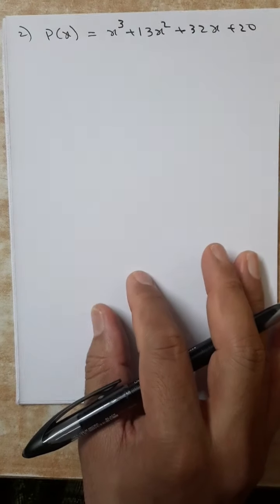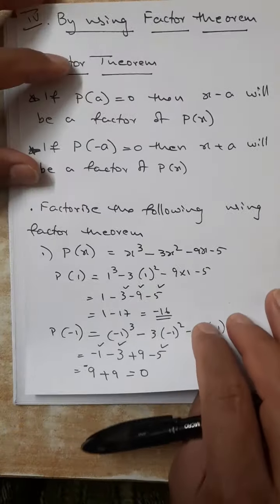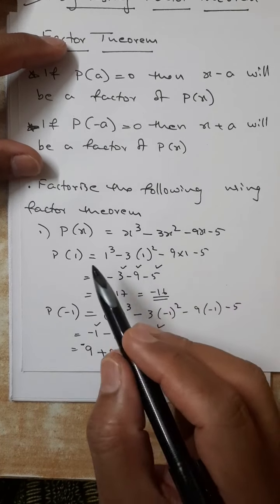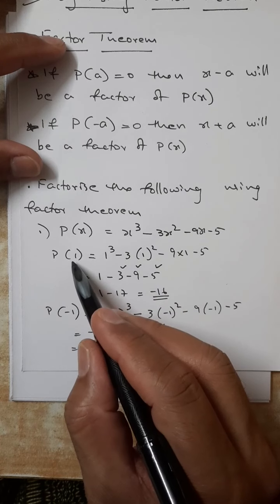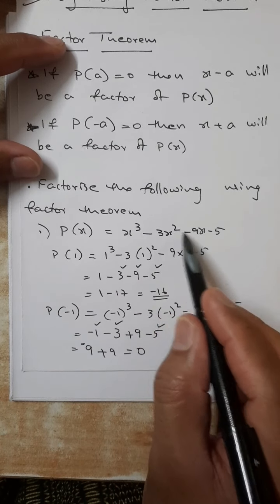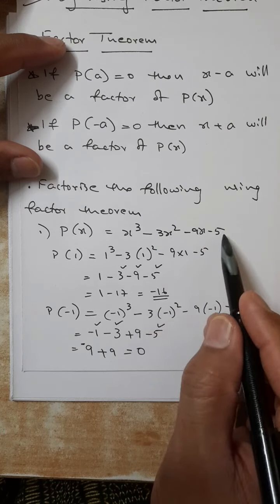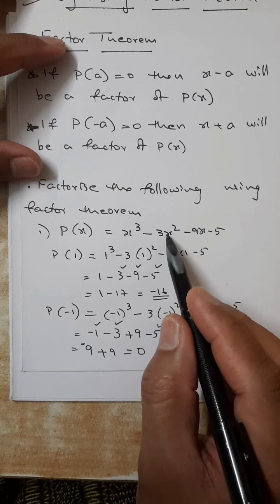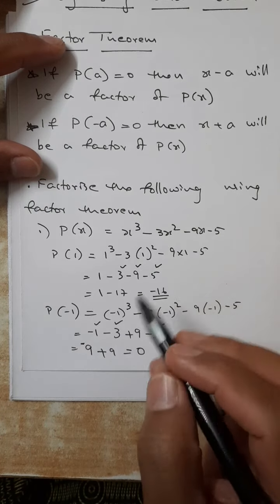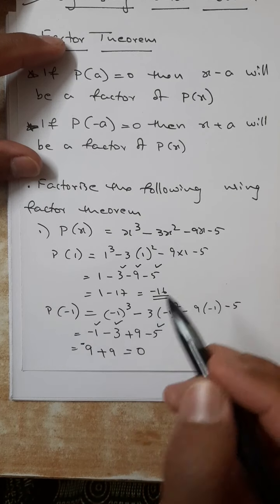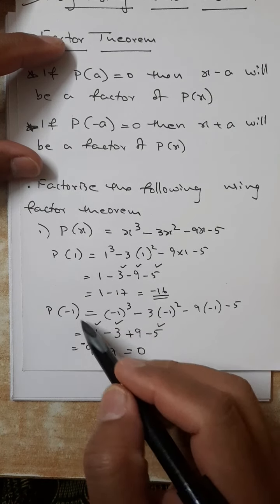Before starting with this, let me explain a little bit more. In the first question, you see, it is the trial method. First we will try with 1, minus 1, etc. p of 1 means 1 cube, 3 into 1 square, minus 9 into 1 and minus 5. All these are negative numbers. If I am substituting 1, nothing will happen to the sign, so this whole expression is going to be negative only. So no chance of getting 0. So if you use common sense like this, we can avoid p of 1 and directly start with p of minus 1.